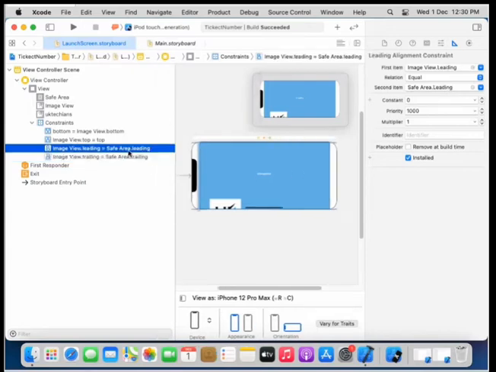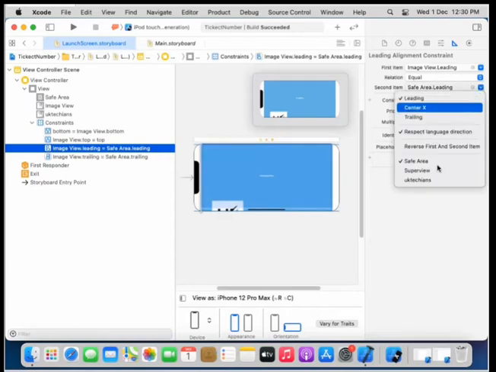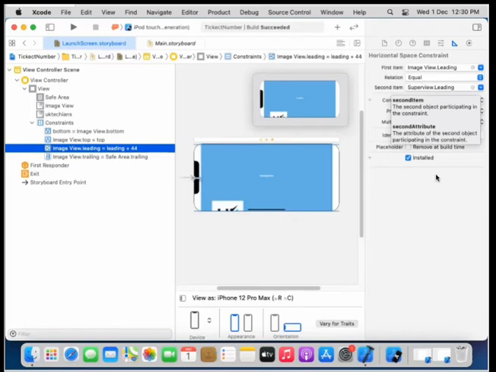By clicking these items, we will see that the attribute inspector shows our first element, which is the image view dot leading position is equal to safe area leading. And what we need to do is just change this from the drop down and use the leading position of the image to be connected with the super view. We have to click that.